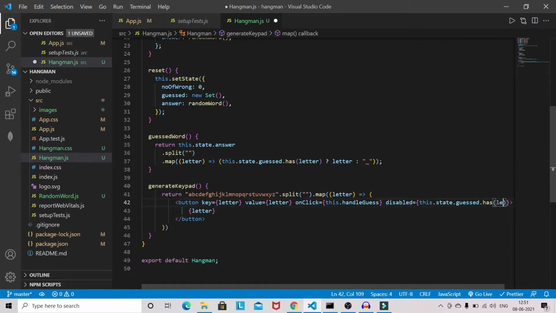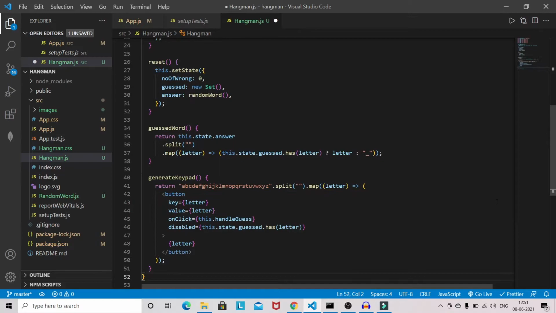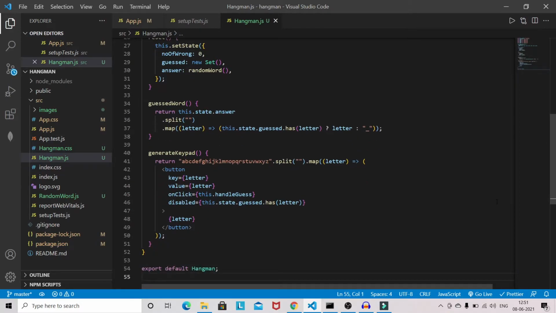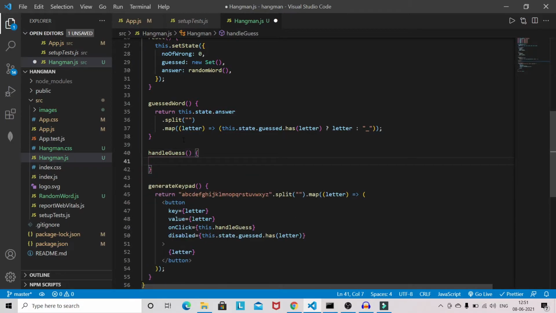So we have generated the keypad. We have written this handler. Now we have to write this handleGuess. It will receive an event because we are using handleGuess here.